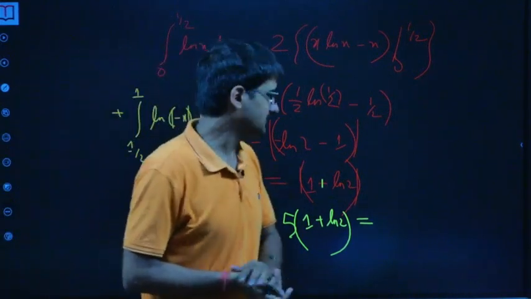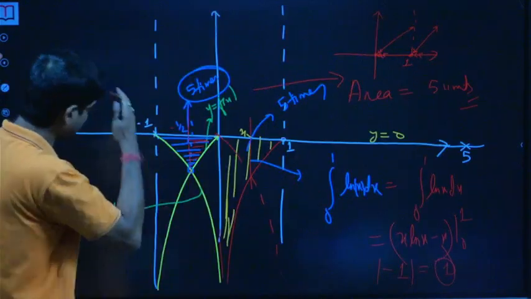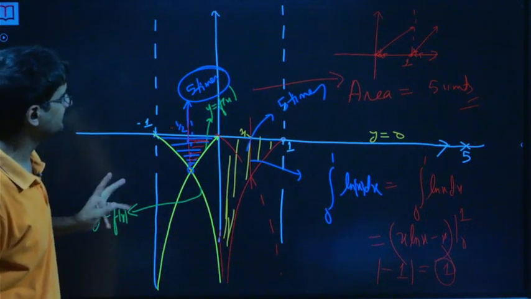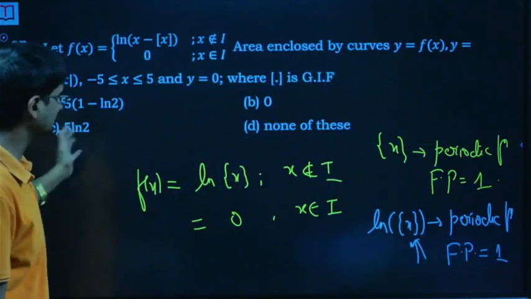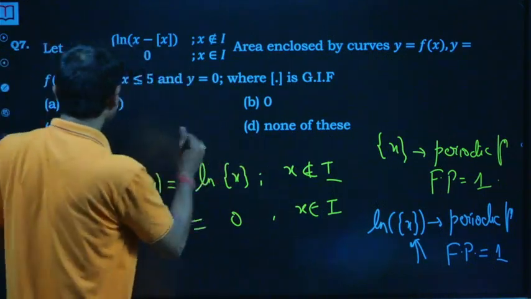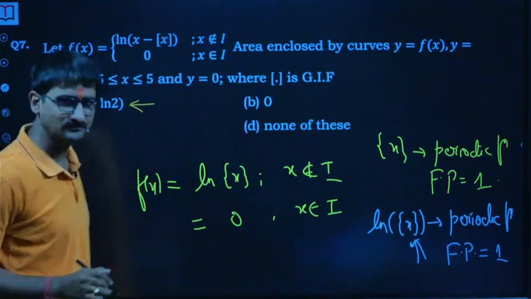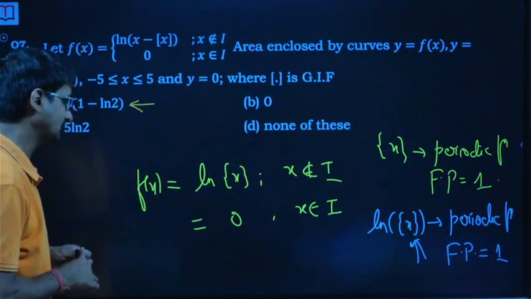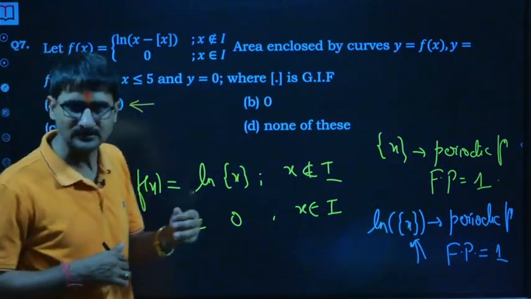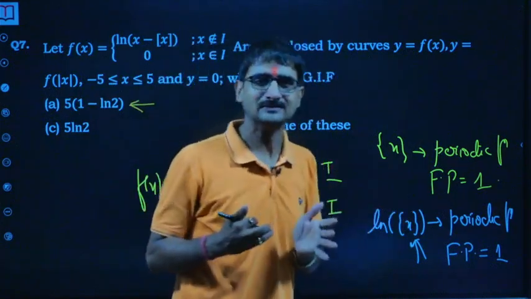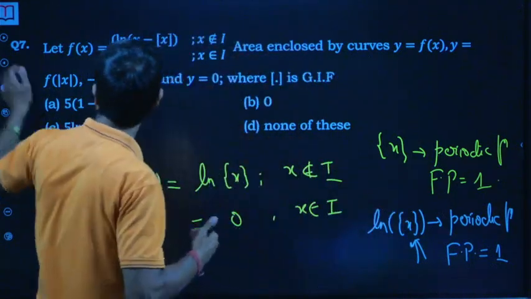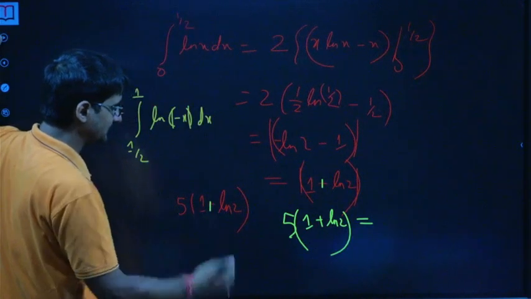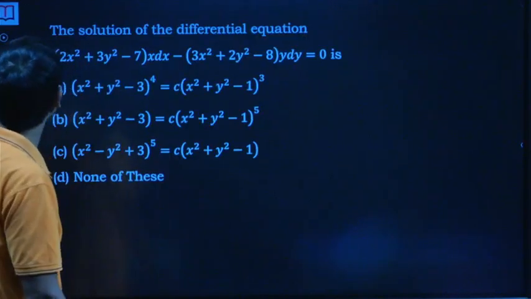Okay, I'm moving quickly. It's taking a lot of time, but fine. I mean, that was the interpretation of the curve, that's why I picked up this question. I don't know where I went wrong, or maybe the options, or maybe none of these might be the answer. But see, why am I thinking so much? Because when I solved it for the students here, we got something like 5 times (1 plus ln 2) or (1 minus ln 2). Now here what we are actually getting is 10, I mean 5 plus 5, isn't that so? Because here again we got it as 1 plus ln 2.